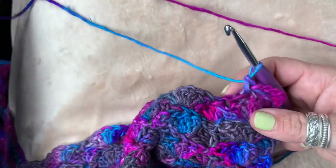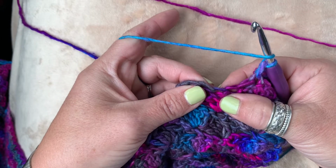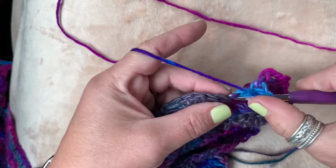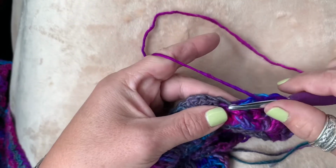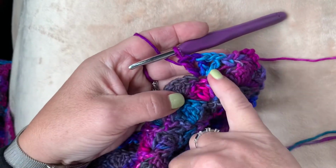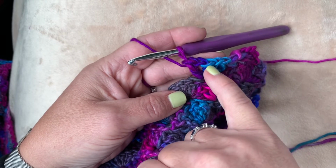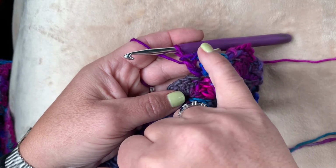You do the same, and then you skip 2, and then this is where we would normally work our 5 double crochets. We're only going to do 3. So we'll do the first one, chain 1 for the second one, do the middle one, double crochet, chain 1, and then do the last double crochet. So instead of doing 5, we're only doing 3, and in between each of the 3 we do 1 chain. So we still have 5 stitches, and as you repeat this row, on row 21,